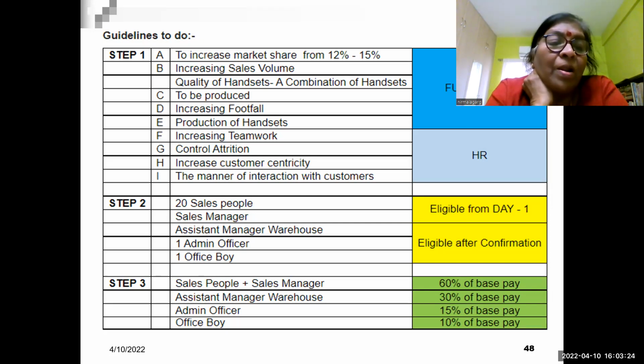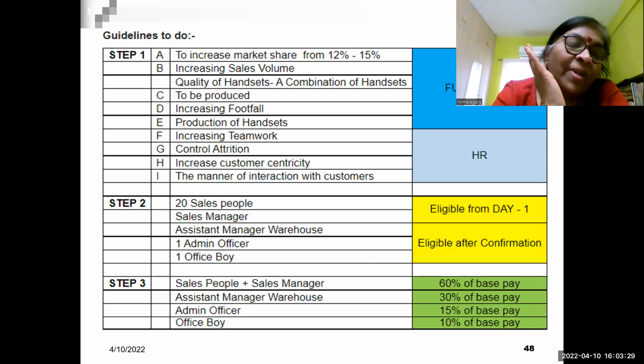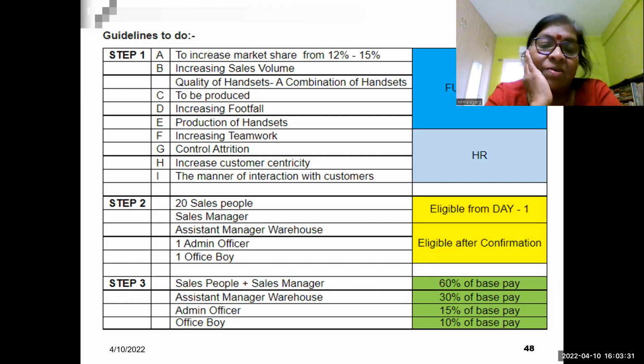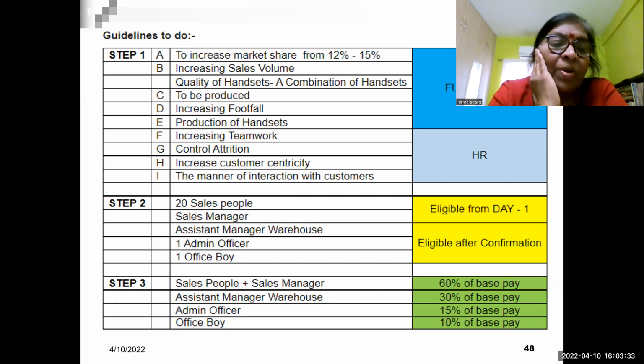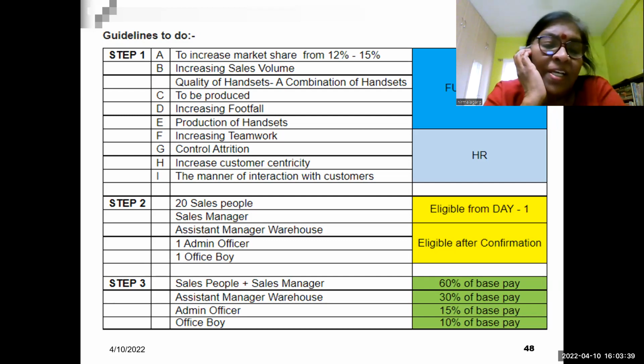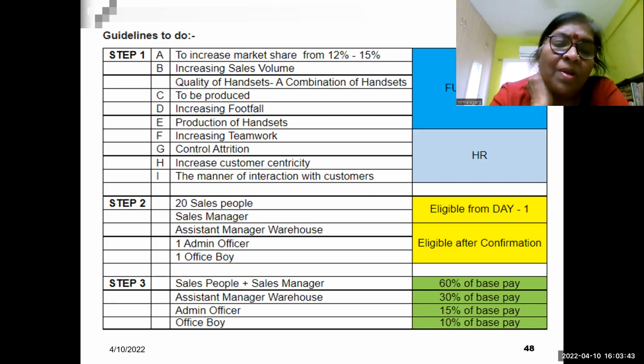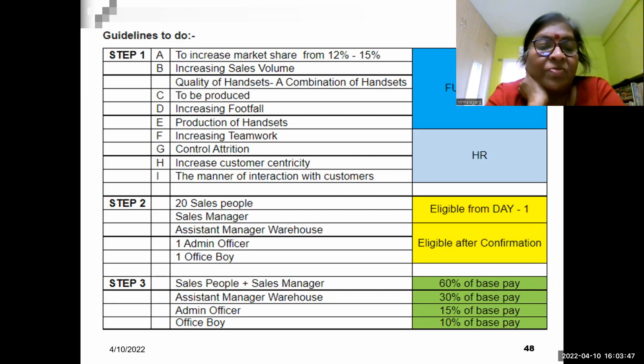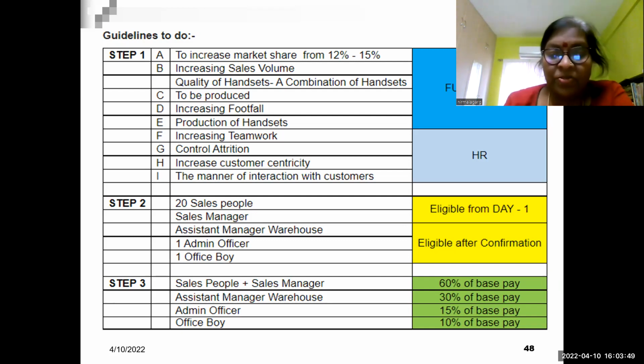Now you have to design an incentive plan. The salespeople are eligible from day 1, when it starts. The admin guy and the office boy are eligible after confirmation. The percentage of base salary is typically 60% of base pay for salespeople and 30% for the assistant manager. Admin officer is 15% and office boy is 10%. What you need to do is,